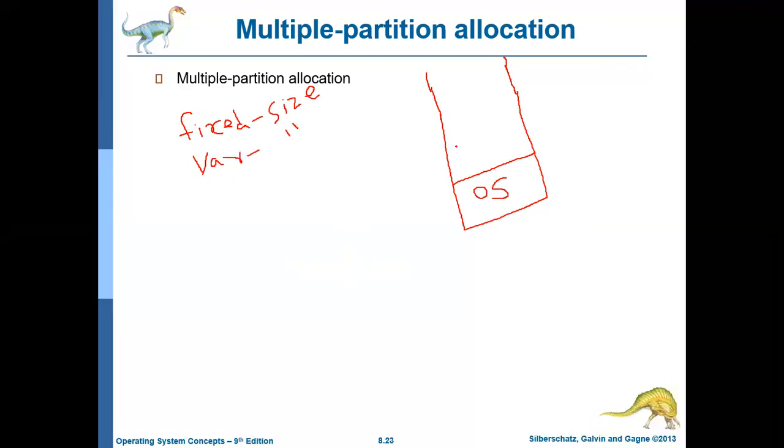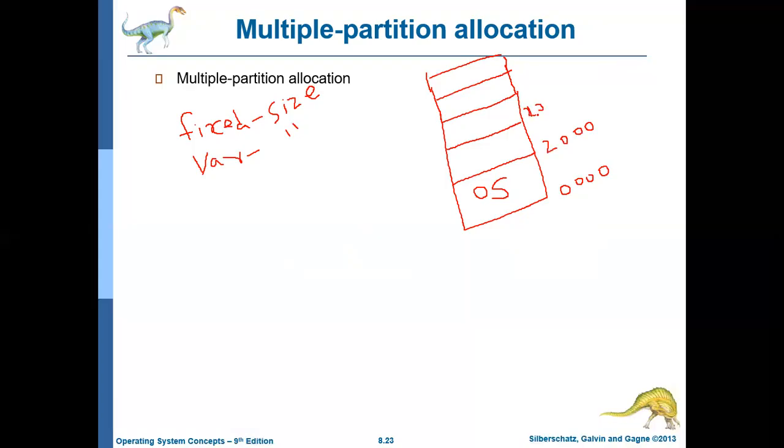With fixed size partition, the entire memory will be divided into partitions of fixed sizes. Let us assume, as usual, the starting address is 3000. Say the operating system occupies up to 2000. Then the remaining entire memory is divided into partitions of size 100 MB each.